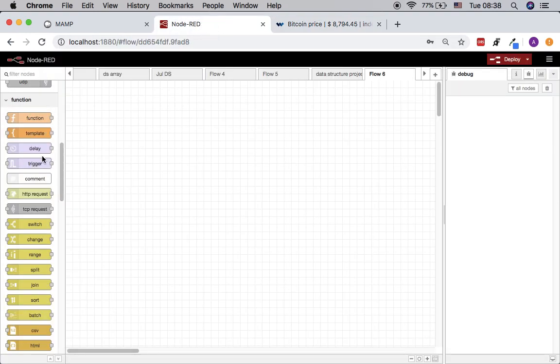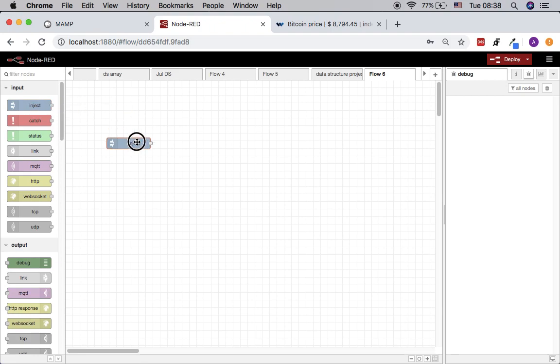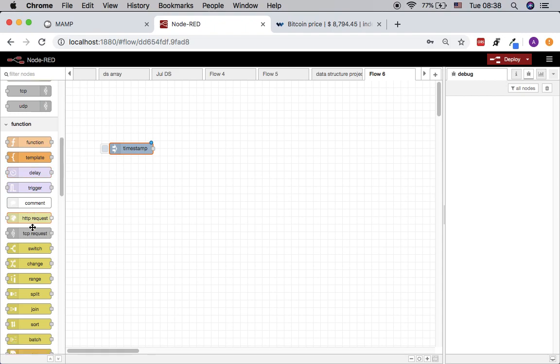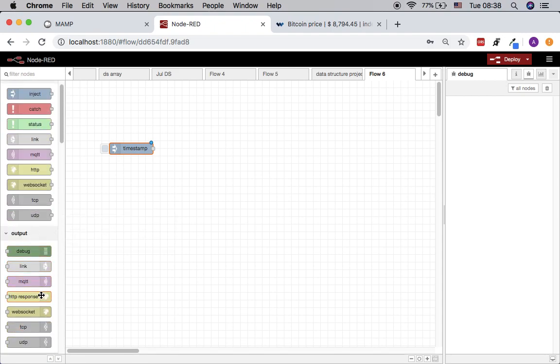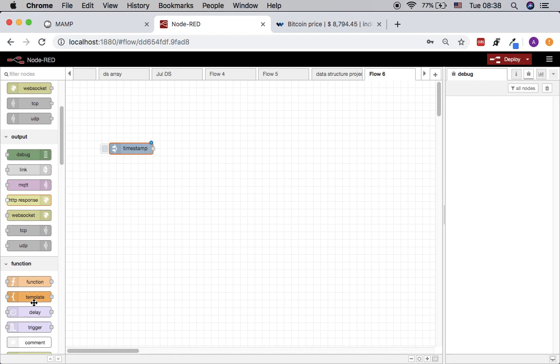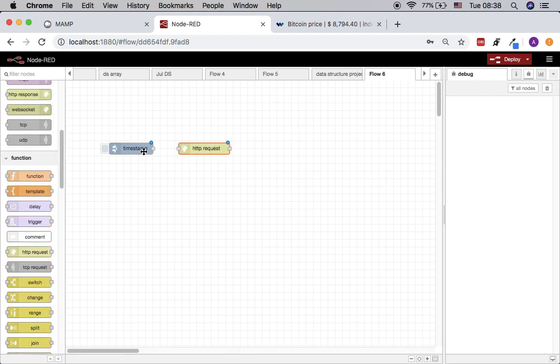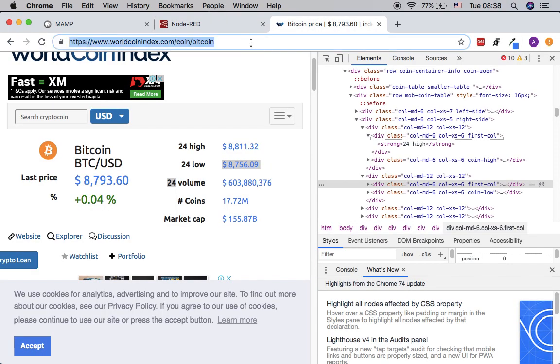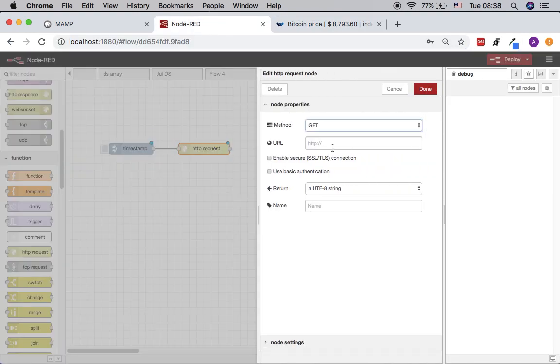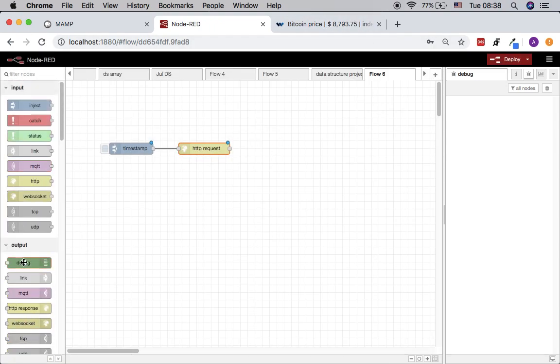The first thing we need to do is drag and drop an inject box here to trigger the flow. Then we also need an HTTP request. This one, when triggered, will make the request to this website. So we can go ahead and put this URL right here. This URL is coming from this web page, and we can observe the output of this scraping using